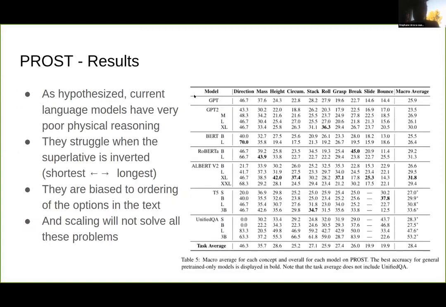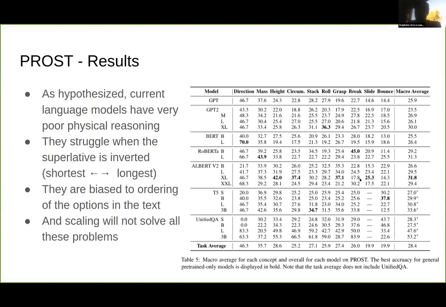However, what we realized after probing a wide range of modern language models at varying sizes is that most current language models are terrible at this. The highest score for a general model, so not one specifically trained for multiple choice question answering, was 31.8, where a random score is 25%. And on a few of the topics, it does worse than random.